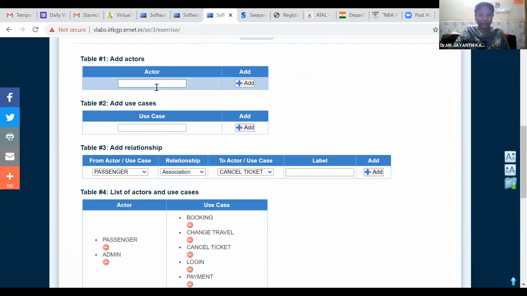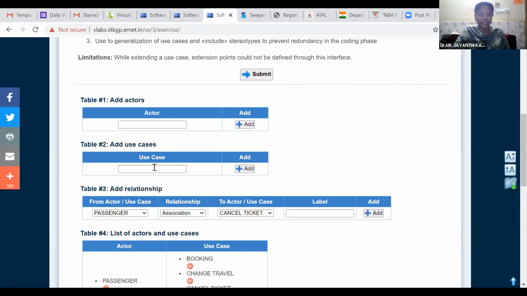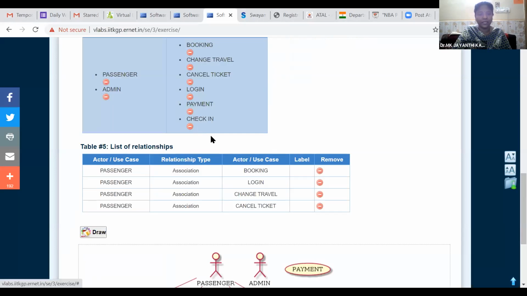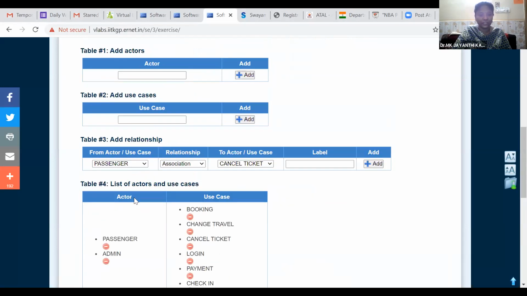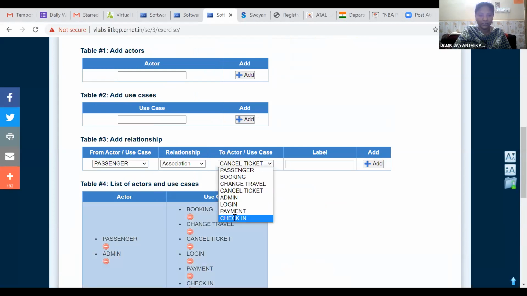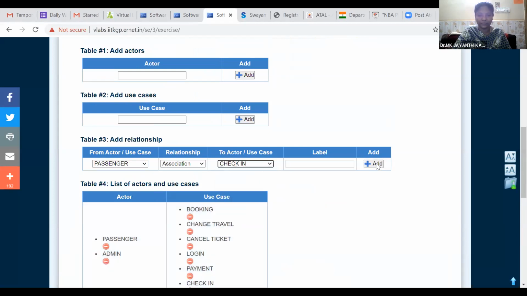The same way, if you want to add one more process, check-in. So he is checking into the system. We added one more use case called check-in. Now the check-in process is added. The passenger is associated with the check-in process.